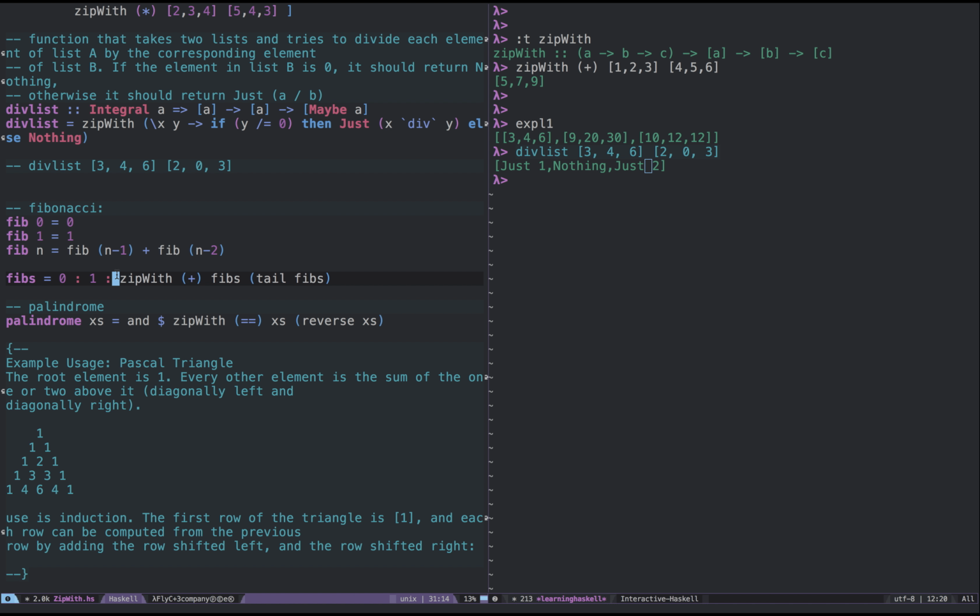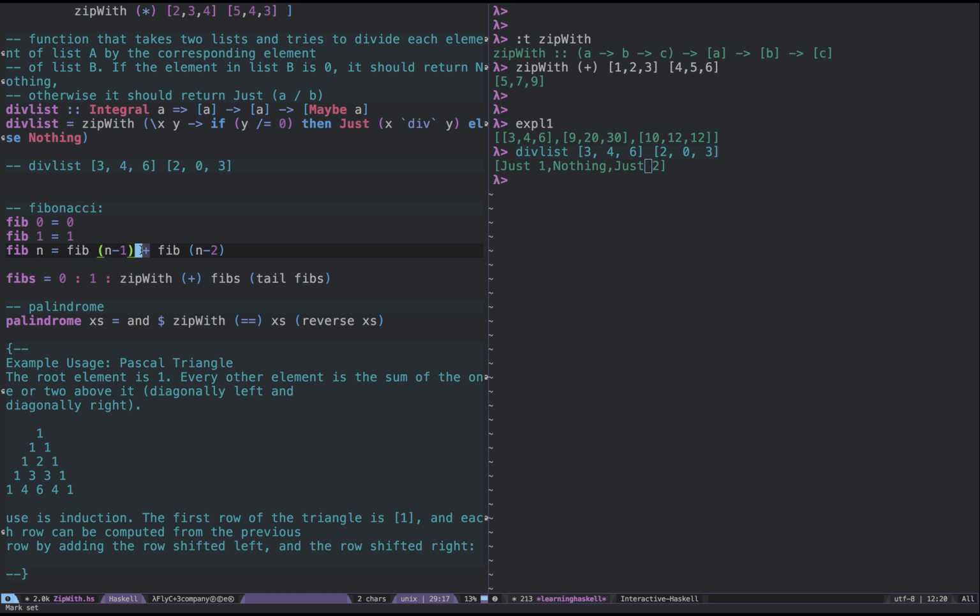So what we are doing here is, we know that for any value n, if we want to get its zip, we need to just get the zip of these values. We can just concatenate them. So this fibs here gets you the list of all Fibonacci numbers. And since it's lazy, we can just do take and get a number of Fibonacci numbers. And so we can use zipWith